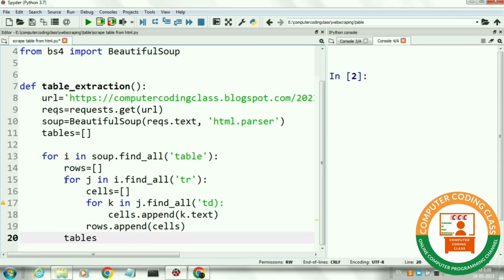So we will write tables.append and in brackets we will write rows. In this way we have extracted all the data from all tables and stored this data in a Python list named tables, and next we will just return this Python list tables.